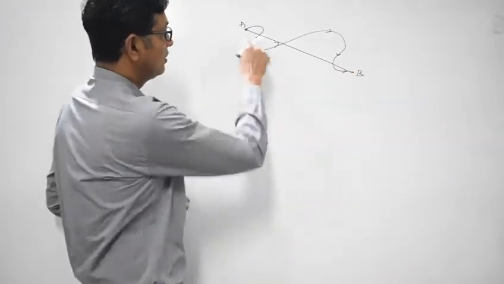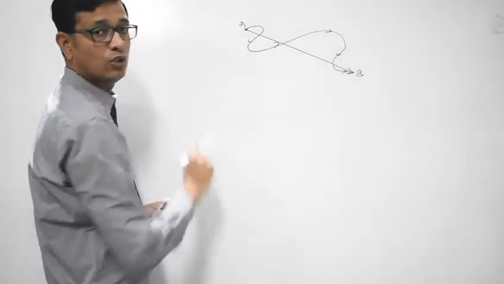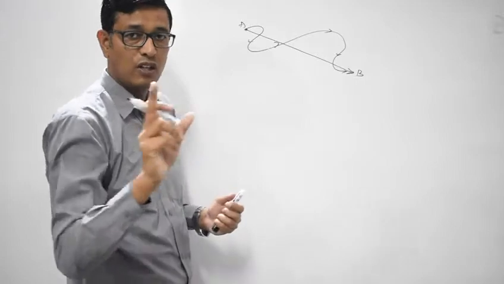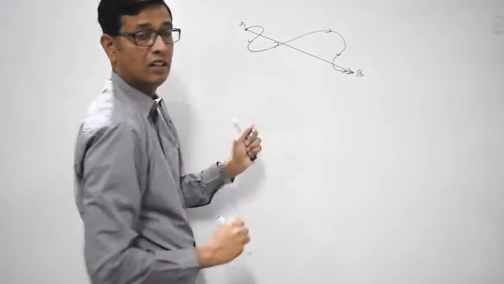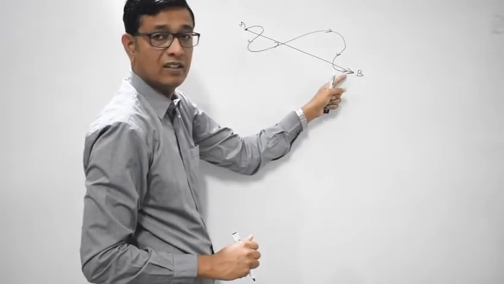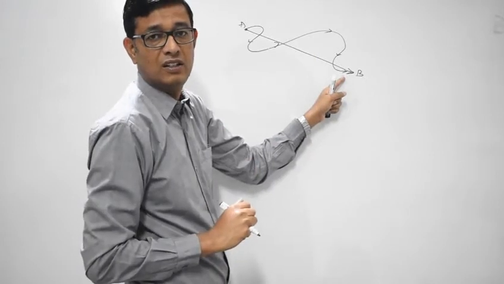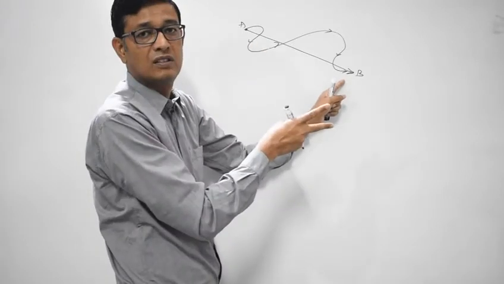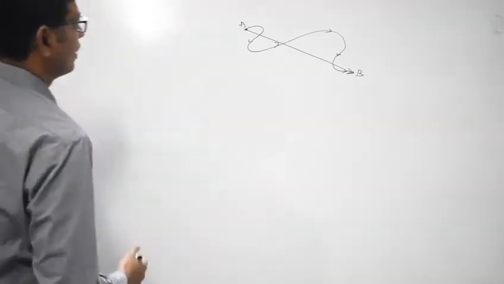And it is represented by an arrow like this. The tail of the arrow should coincide with the initial position of the body. The body starts its journey from point A, so point A is the initial point. There are two parts of the arrow: this is the tail and this is the arrowhead. The tail of the arrow indicates the initial position of the body, while the arrowhead should coincide with the final position or the destination of the body, right? So displacement is the shortest distance between the 2 points and it must be in a unique direction. That's displacement. So let's check out another